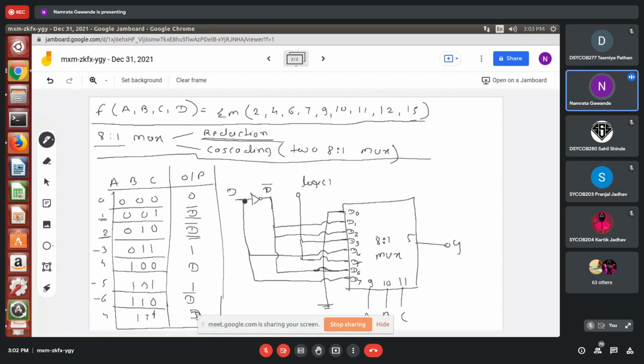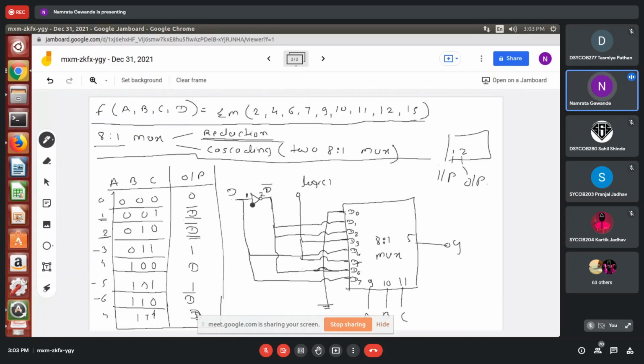From D, if I connect to NOT gate input 1, then 2 gives us D bar. In the NOT gate IC, pin number 1 is the input, so pin number 2 is the output, right?